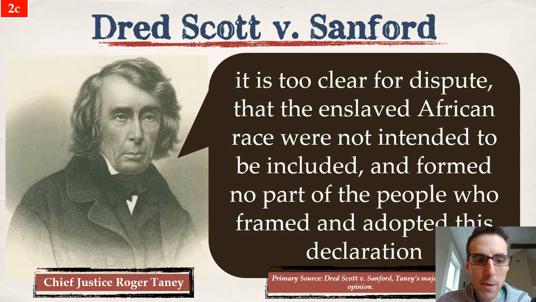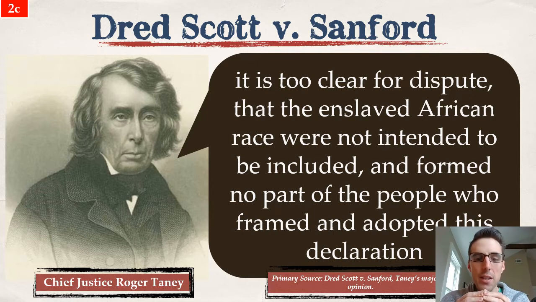Now, you must remember that at the time, it's slave power. Everyone's watching this case. This is a huge case. Can a slave sue for freedom? Does being in a free state mean that you're free? What are the property rights? The nation is watching. And as the nation watches this case unfold, and as they watch the decision come out,